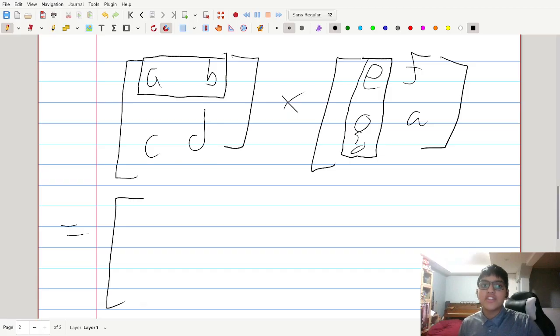By the definition we saw earlier, that would be AE plus this multiplied by this, BG. Then we would take the dot product of this with the next column. So AF